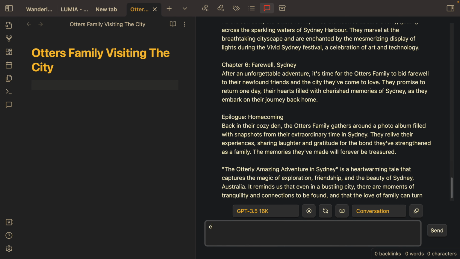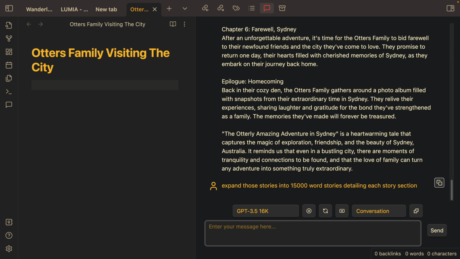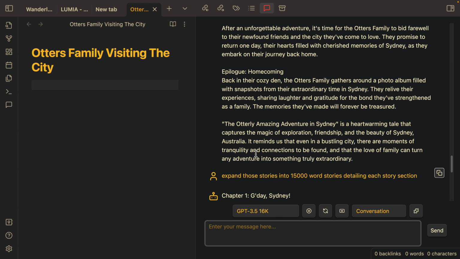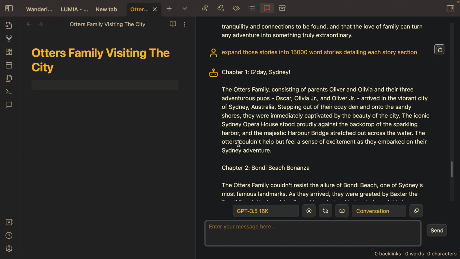Expand those stories into 15,000 words, stories detailing each section. But at least we have some kind of outline of where we're gonna take this further.